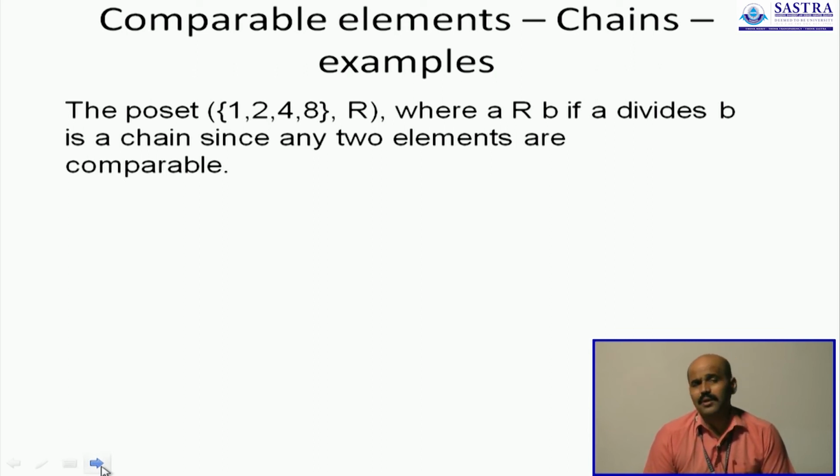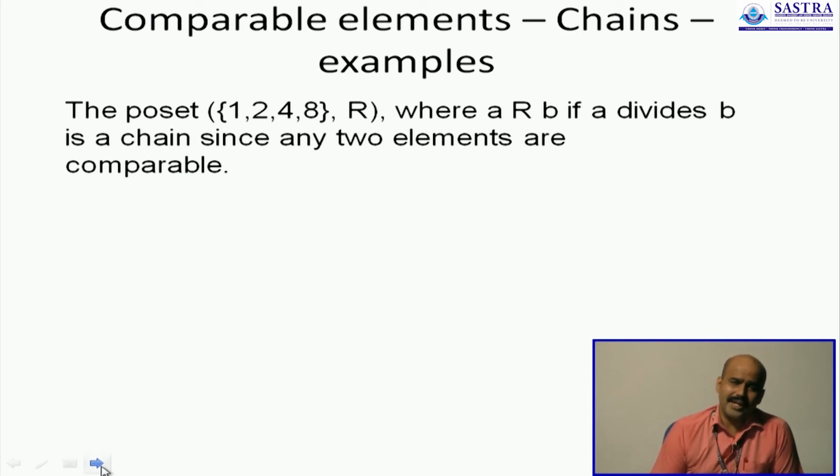So the next example is on the pairs of integers, but the relation this time is very different. A is going to be related to B if and only if A divides B. What do we mean when we say A divides B? When you divide B by A, you mustn't get a non-zero remainder. We say 2 divides 8, 2 divides 10, 2 divides 100. In all these cases, the remainder that is left after subtracting the product of the quotient and the divisor is always 0. Hence, you will see that there are pairs that are available in this manner.